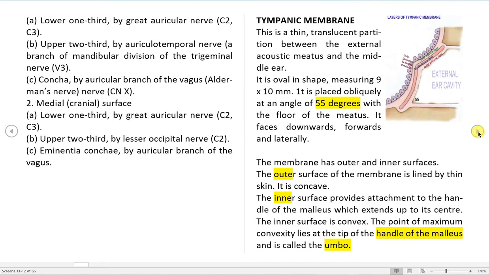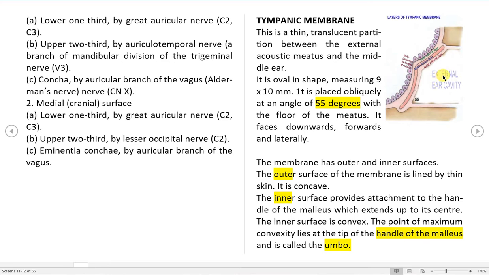So we will continue after external ear with the tympanic membrane. Tympanic is a word related to middle ear cavity. Middle ear cavity has another name that is called tympanum. So the membrane which covers middle ear cavity from the lateral side, and if you say another way, a membrane which covers medial end of the external auditory meatus, external auditory canal. So that is our tympanic membrane.